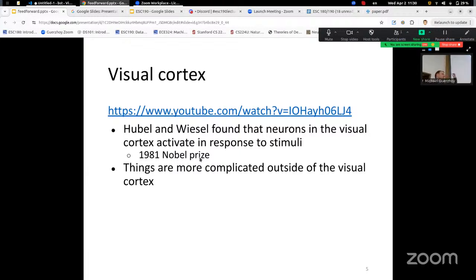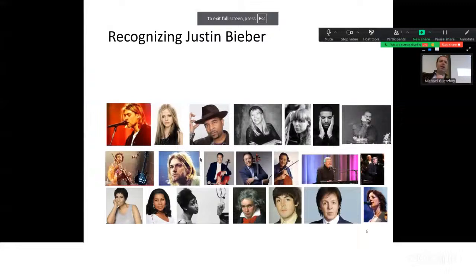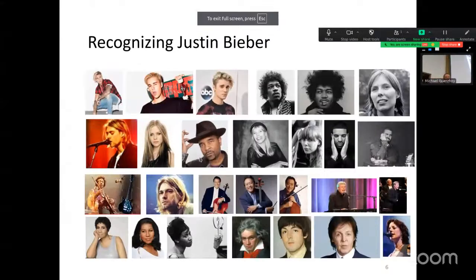So the light hits your retina. Because the light hits your retina, some cell activates, and as a result of that, there are neurons that start firing, and that's how we think visual cognition works. So that's in people, or cats. Let's talk about perception in computers. Here we have various musicians, and let's say that our task is recognizing images that correspond to